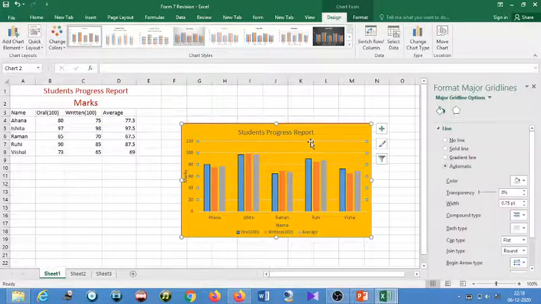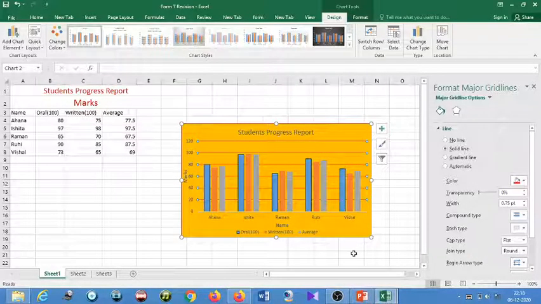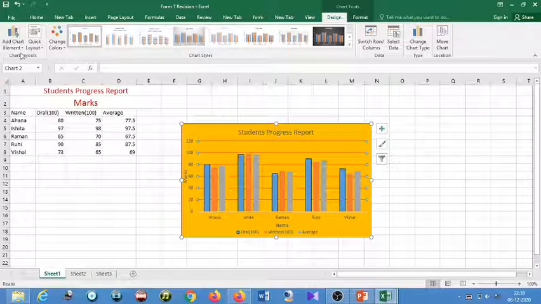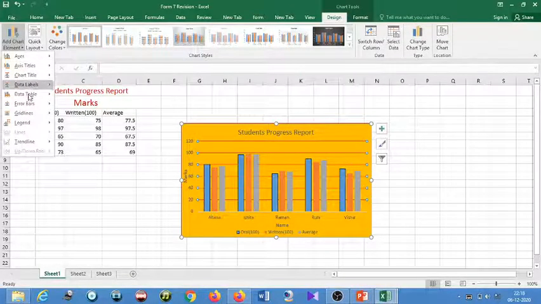If you want to give them a color, you can see here. So in this way, students, you can do different types of formatting in a particular chart. Got it? You can do it with right click and the given options. Otherwise, Add Chart Element is given from here also. You can do the same formatting.